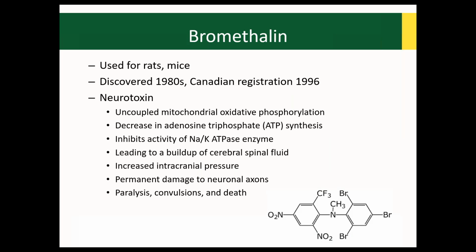Bromethalin is another one. This one is used for rats and mice. It was discovered in the 1980s, and the Canadian registration was in 1996. It is a neurotoxin. So it is also associated with mitochondrial function. So it's going to uncouple mitochondrial oxidative phosphorylation. This is going to decrease ATP synthesis. So ATP, of course, is the energy of cell metabolism. This is going to inhibit